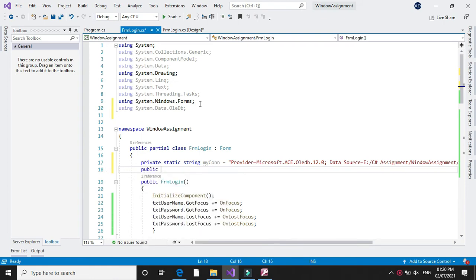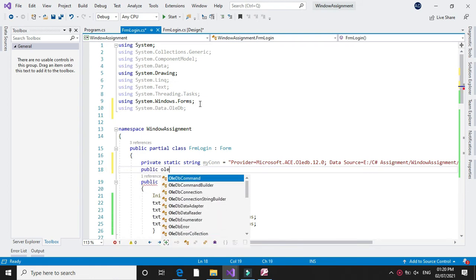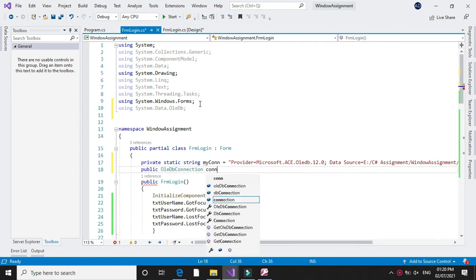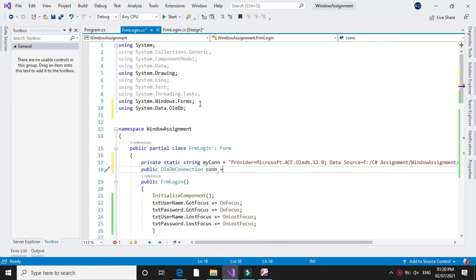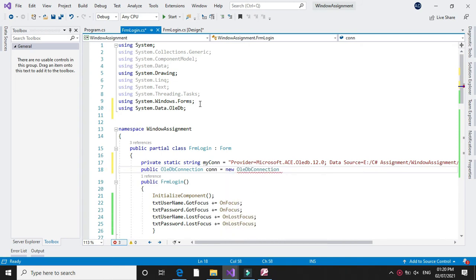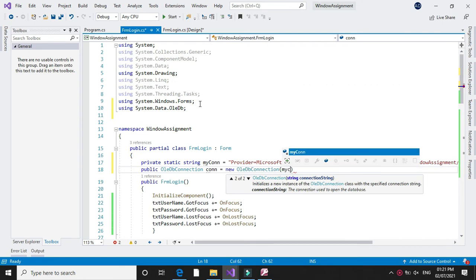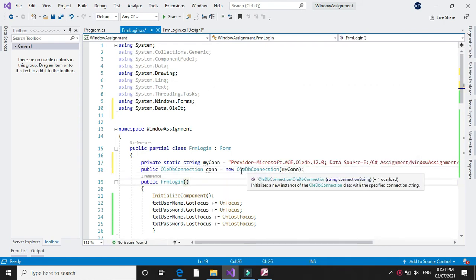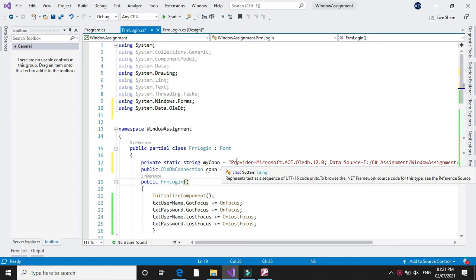And here I will make the object for our OLEDB connection: connection equal to new OleDbConnection for our string myConnection. That is, while creating the object for OLEDB connection, it will use the myConnection string which consists of the provider and the data source name.